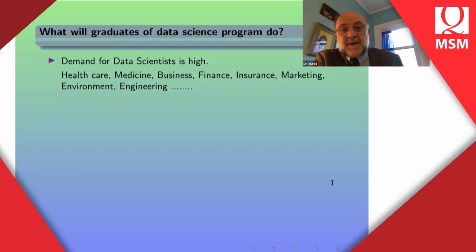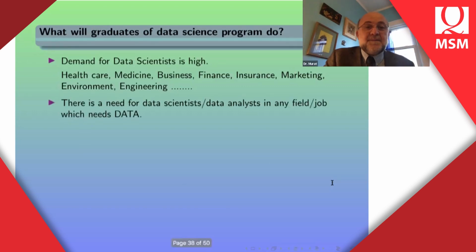So you can look at many job rankings and what areas and what jobs are in demand, and data science is coming up very high. And the fields where data science is needed is huge: healthcare, medicine, business, finance, insurance, environment, engineering. However, you can list more if you like. In short, there's a need for data scientists, data analysts in any field or job which needs data. And I don't know if there is any field now that does not rely on any kind of data,